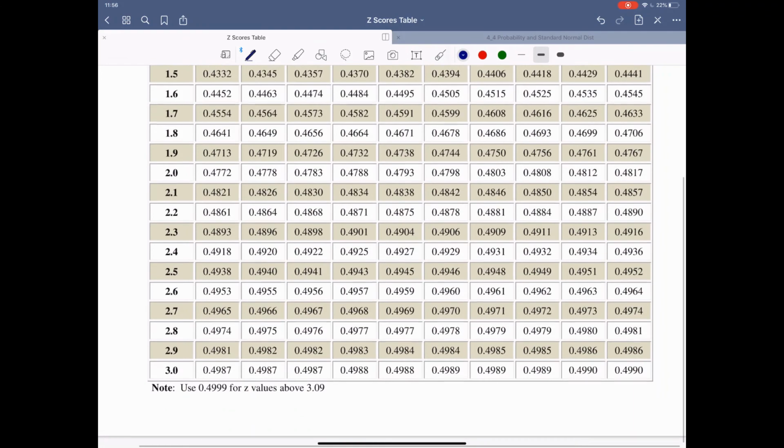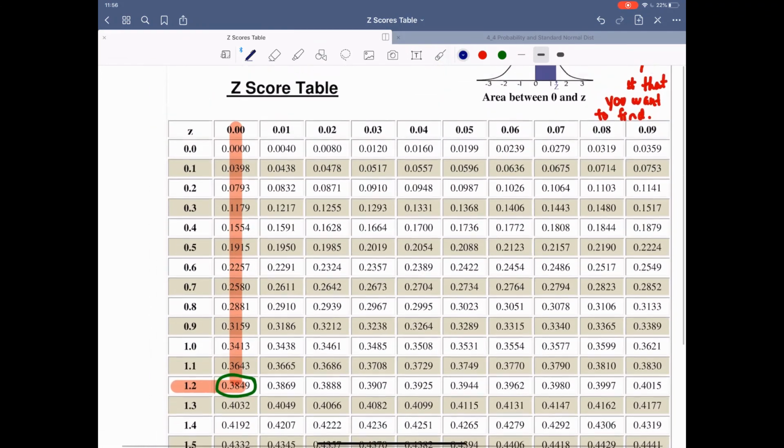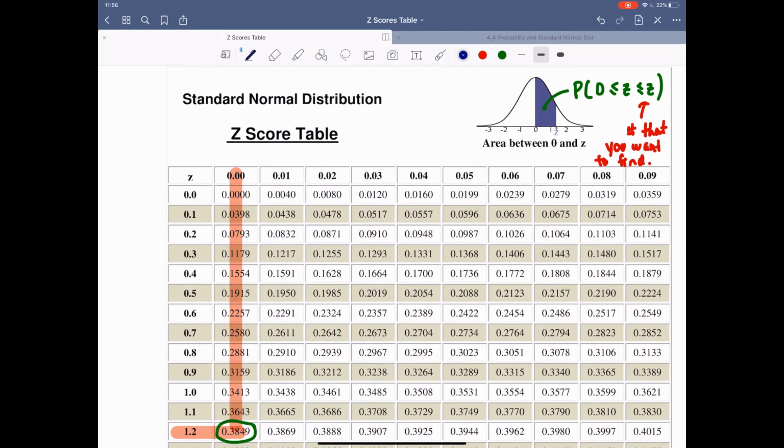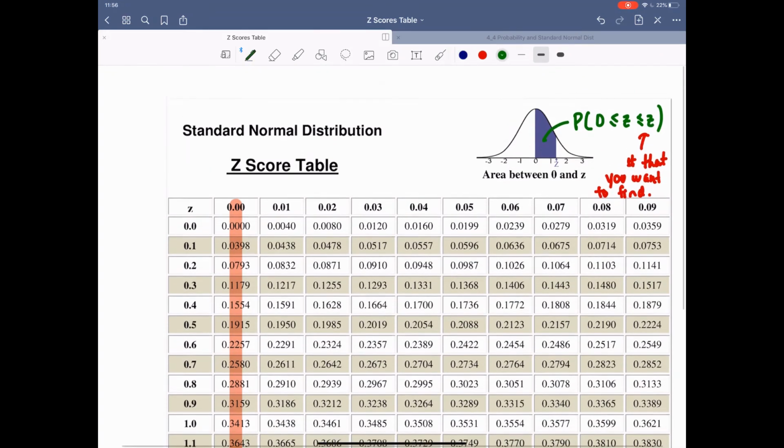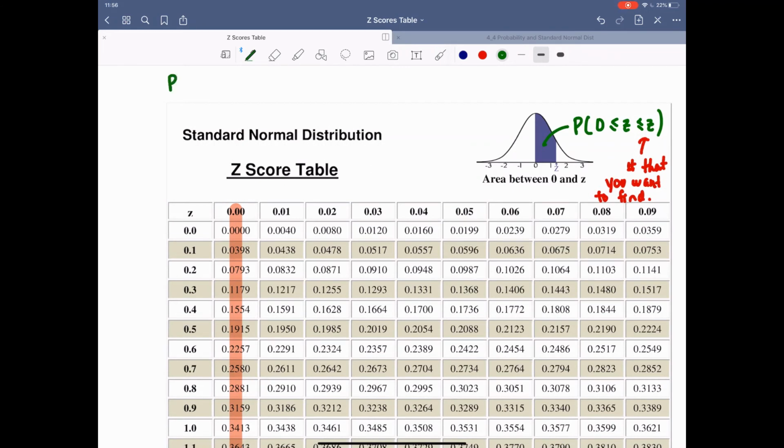Okay. So you'll notice all the z scores in my table are all positive. We don't have any negative z values. But because the standard normal distribution is symmetric, we have a property that the probability of z being greater than 0 and less than some value, let's call it 1, is equal to the probability that it is greater than -1 and less than 0. I apologize, these are supposed to be just less than. So in other words,